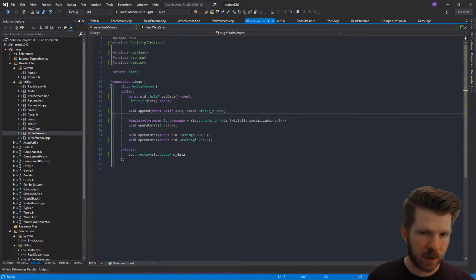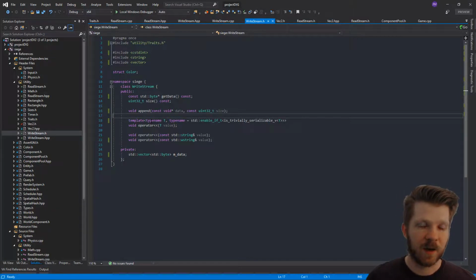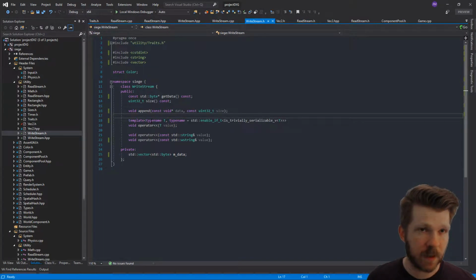If you write an int16 and then a string, but then later when reading you accidentally get those flipped around and read the string first and then the int16, it's going to be completely screwed up because it's expecting